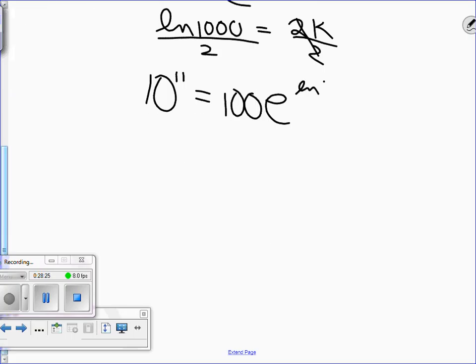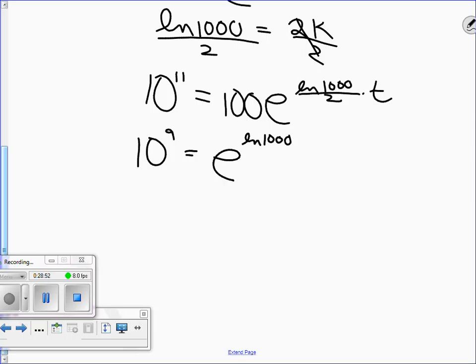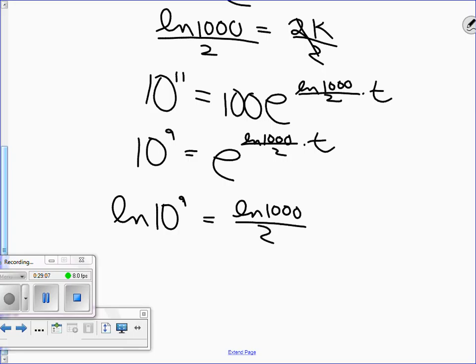K is the ln of 1,000 over 2, and then we want to solve for t. Divide by 100. If you have 10 to the 11th and you divide by 100, what do you have? 10 to the 9th. We subtract exponents. So now we have e to the ln of 1,000 over 2 times t. Now what? Ln now. So the ln of 10 to the 9th equals the ln of 1,000 over 2 times